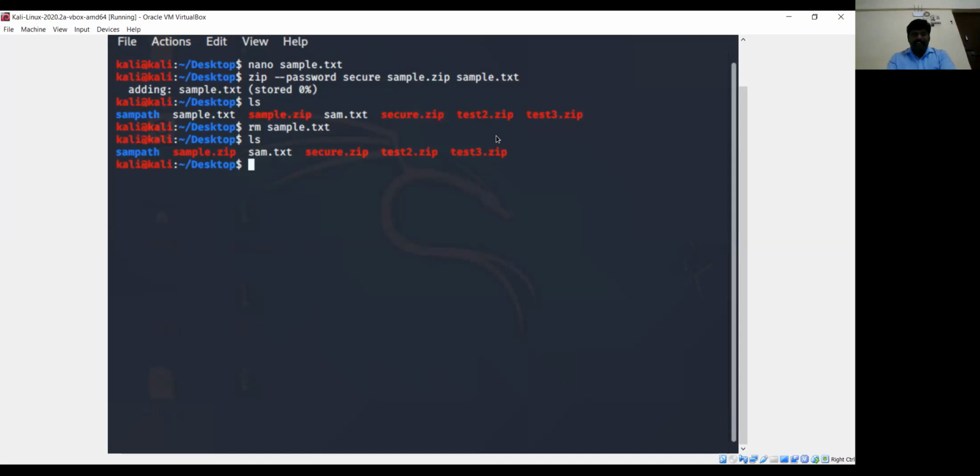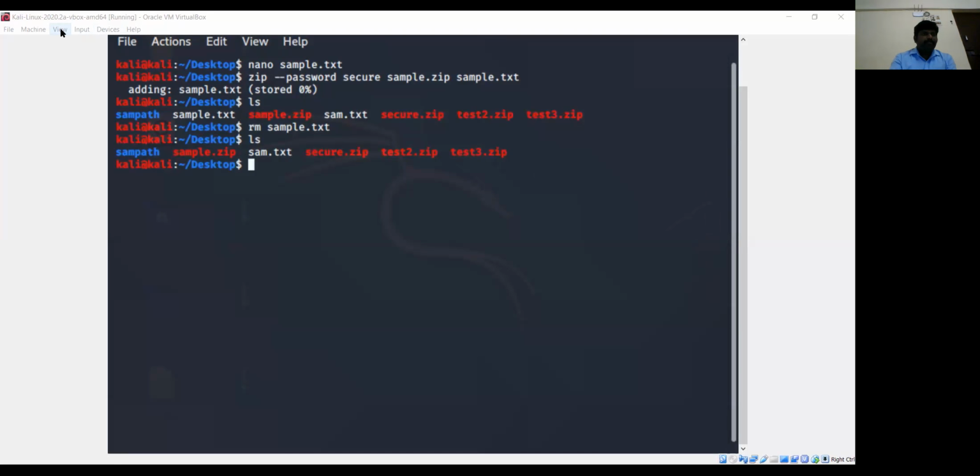Can you all see my screen? Can you all follow the commands? Screen is not clear. I am using Kali Linux in a virtual machine. I zoomed it a little bit, so because of that you might be getting blurry fonts. If you want, I'll try to zoom out.